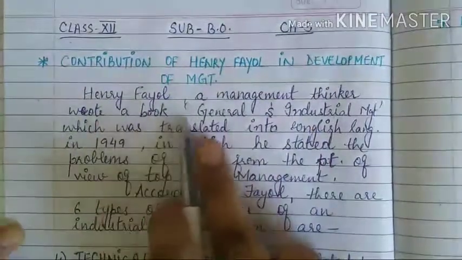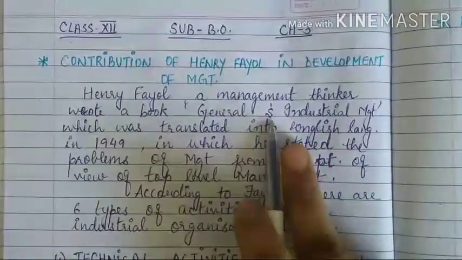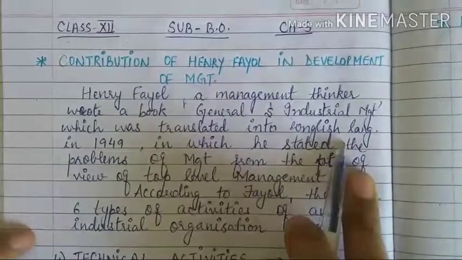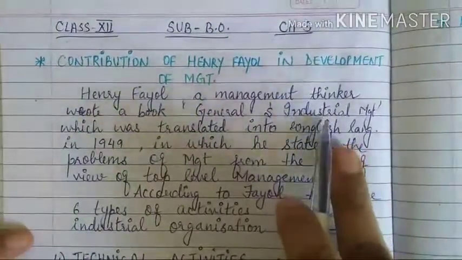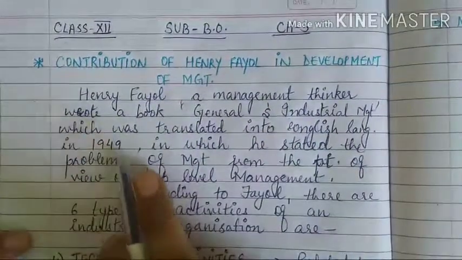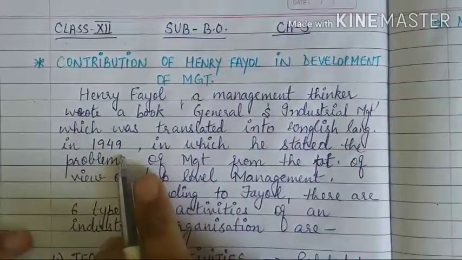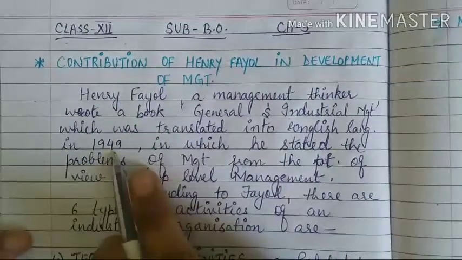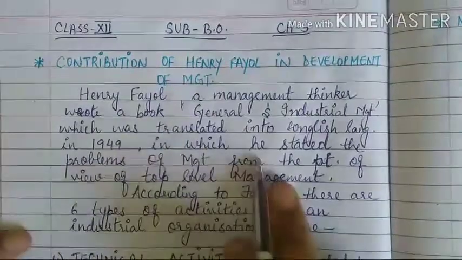Okay, he wrote a book. Earlier also I explained to you that he wrote a book, General and Industrial Management, which was in the French language. But this book was translated into the English language in 1949. He wrote it in the French language in 1916, but it was translated into English in 1949, and in